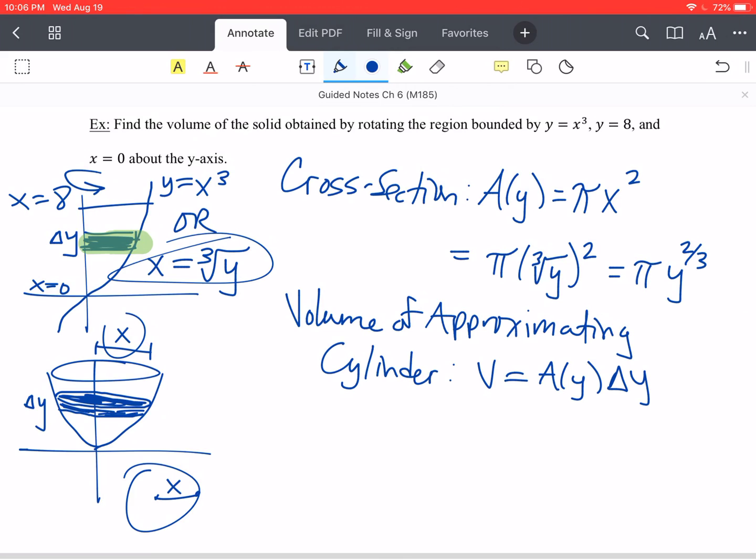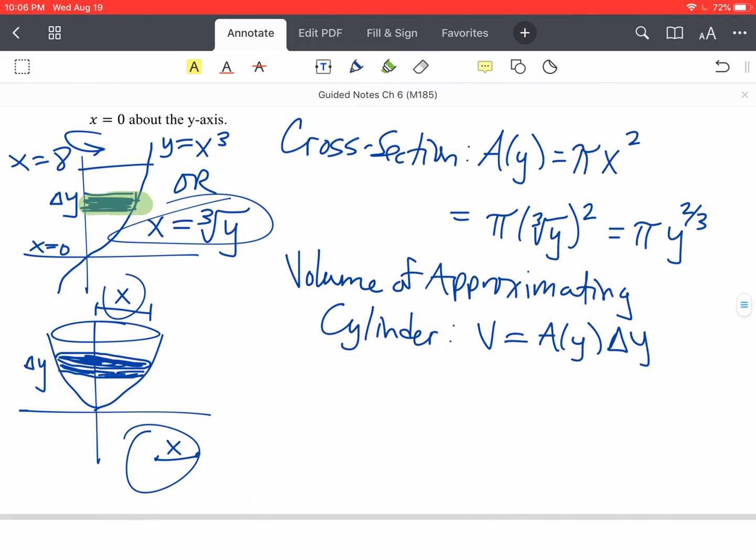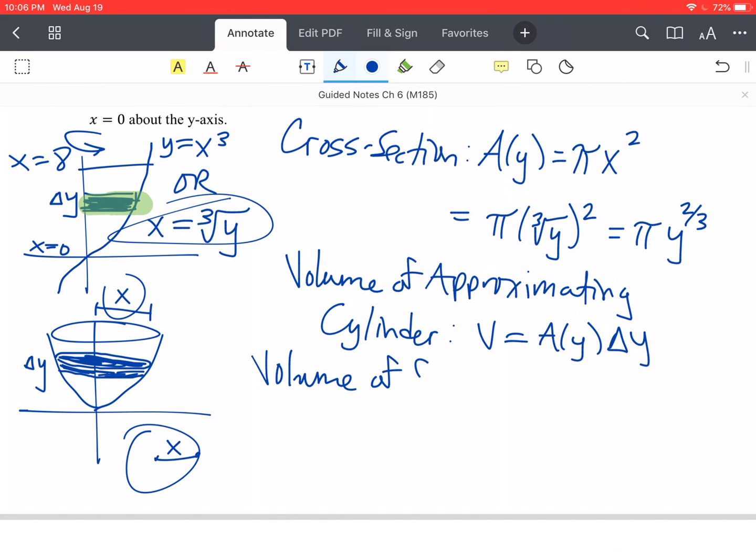But what we want is not an approximate volume, using those cylinders. We want the exact volume using integration, of course. So the volume of the solid